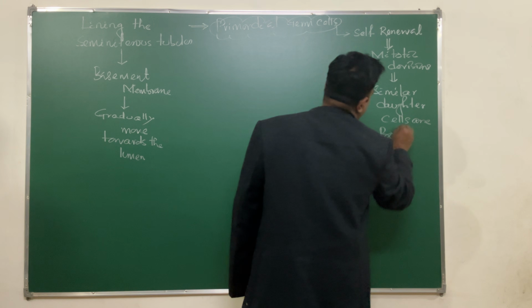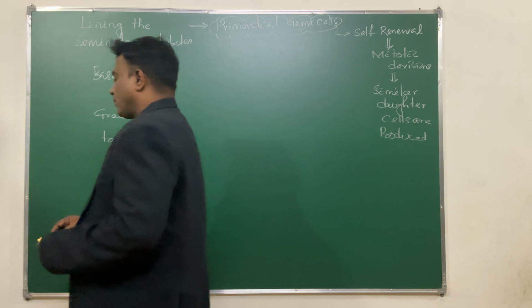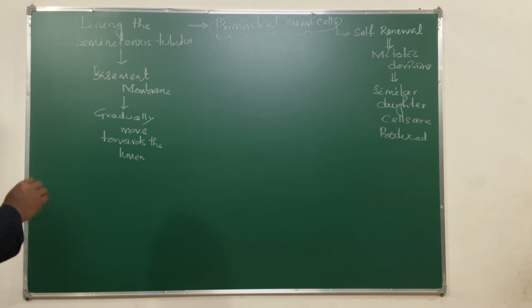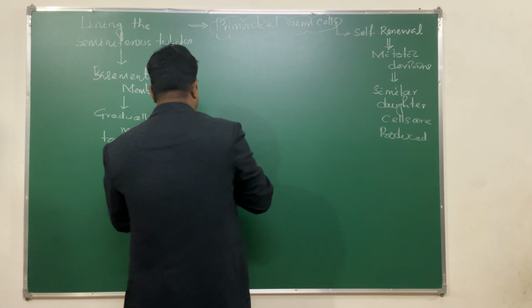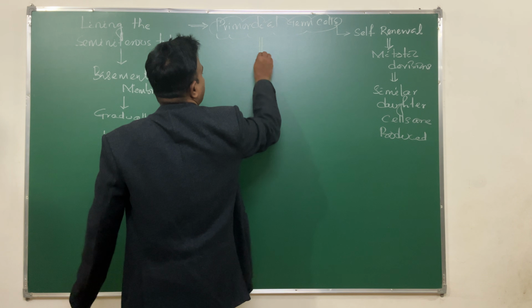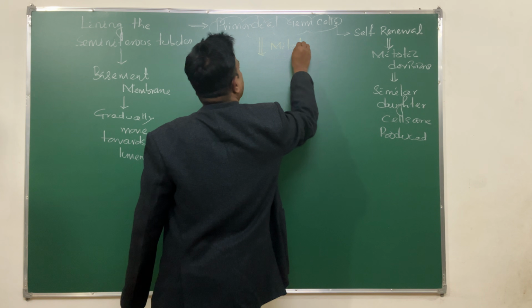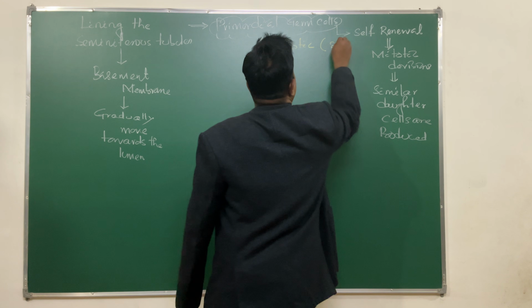So this is how this process goes on. So let's begin with the flow chart where we are going to see how the primordial germ cells are carrying out the process. After a series of mitotic divisions, this is simple mitosis, where 2 to the power